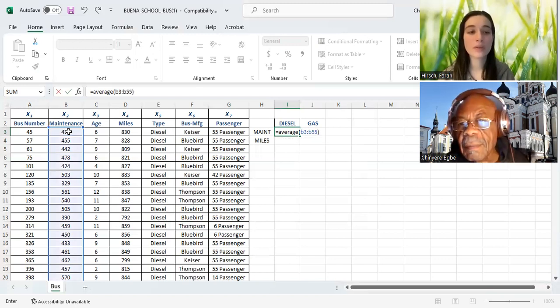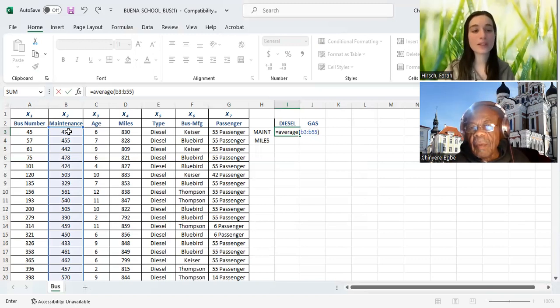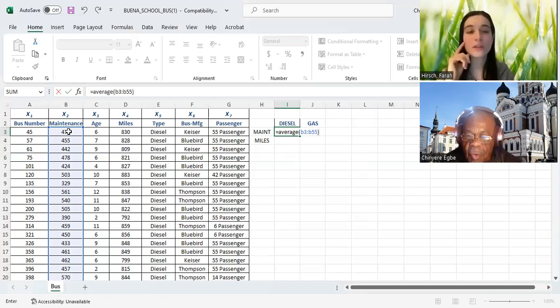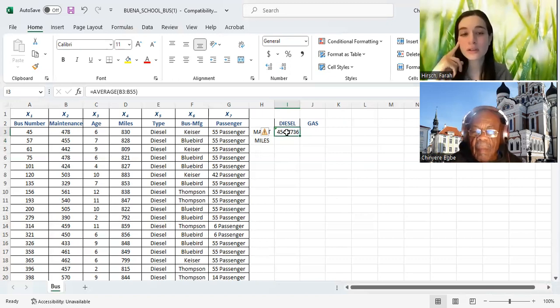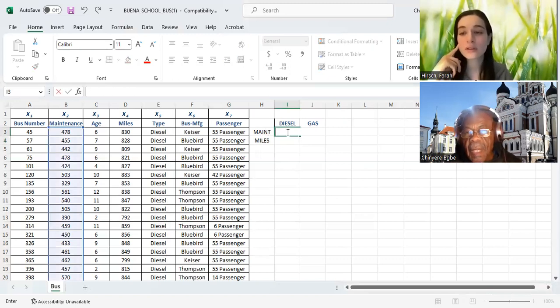You can do that because you have to get the maintenance cost for all the diesel. So you can go memorize where it is. That's one way to do it. Or if you don't want to do the memorizing, you can say equals